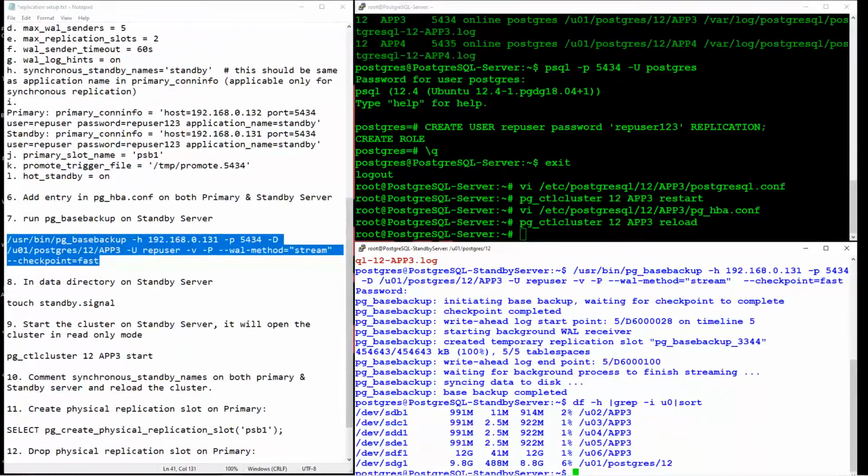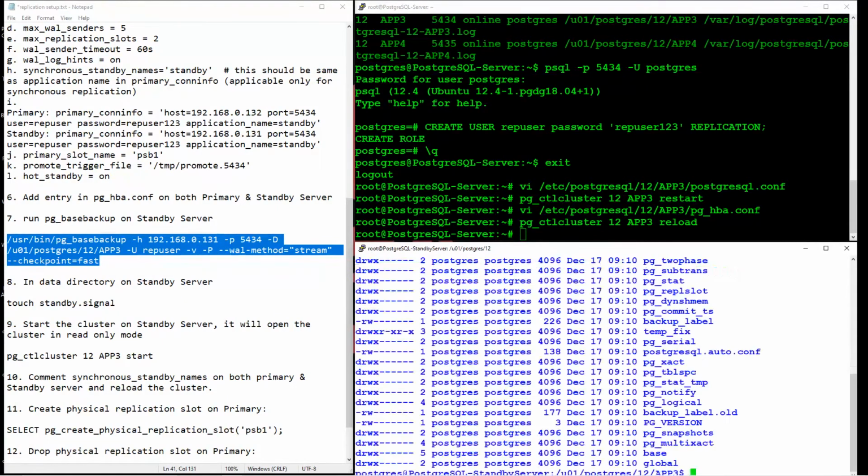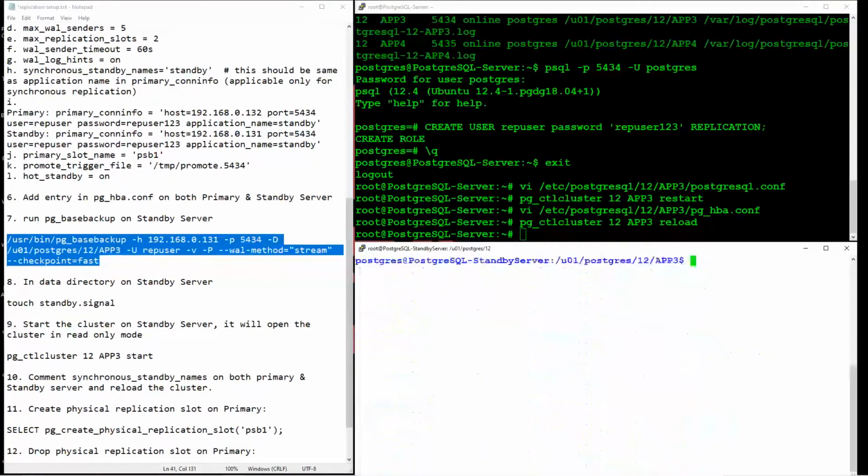Okay, now what I am going to do, I need to go to my cluster location. Okay, what I need to do here, you need to touch one file in the standby server under the data directory location. Okay, now let me start my cluster.